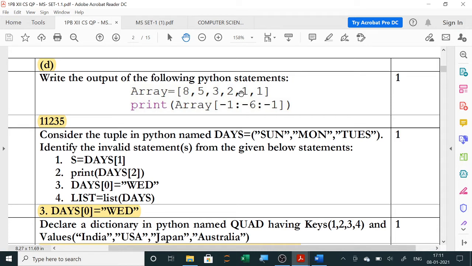So 1 2 3 4 5, at 5 it will stop. Here we have used reverse indexing, and the stop value is not included, so it will print till -5. So the output is 1 1 2 3 5.